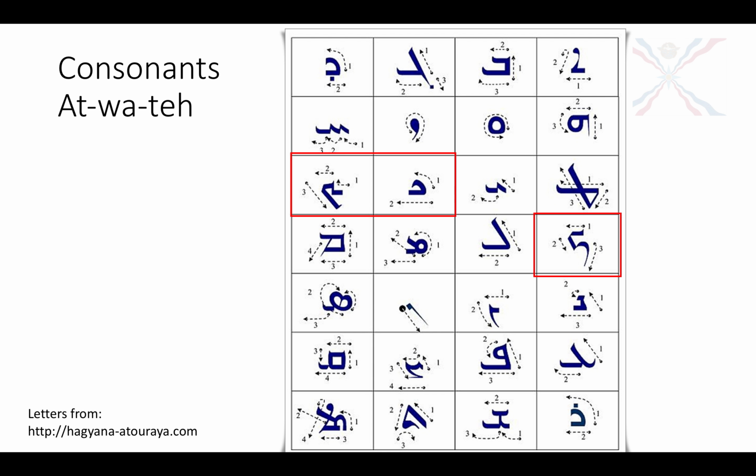I got this graphic from Hagiana-Aturaya.com. I thought it was important to show these as we do write from right to left, so seeing exactly which direction and which letters go in which order is important. We have 22 At-wa-teh. There are more here, and we'll talk about why they are. So the first one in the upper right is Alep, then Beat, Gemmel, Dellet, He, Wow, Zan, Khet, Tait, Yut,